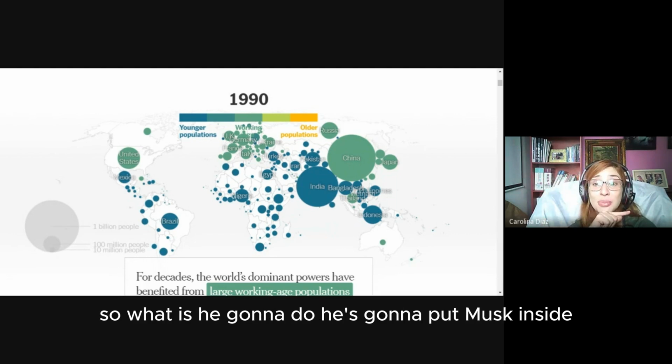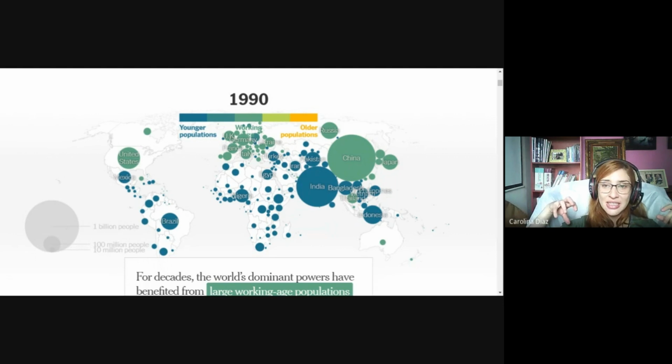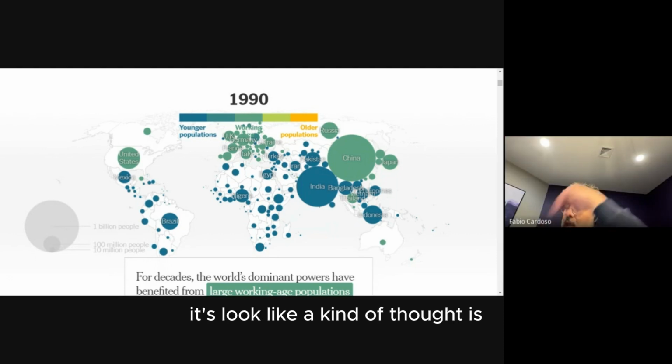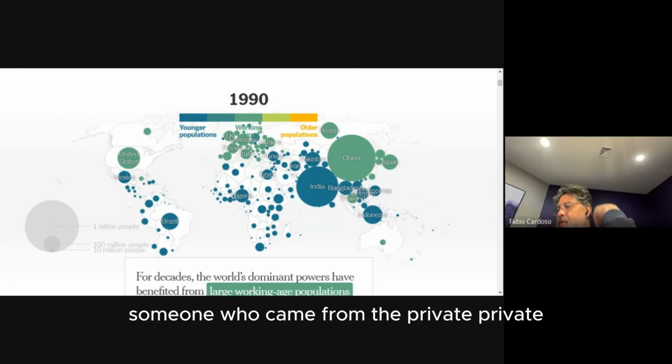So what is he going to do? He's going to put Musk inside because he said that the government is not efficient. So Musk will oversee all the other government agencies for to make them efficient. Yeah, it looks like kind of a doria in this. Someone who came from the